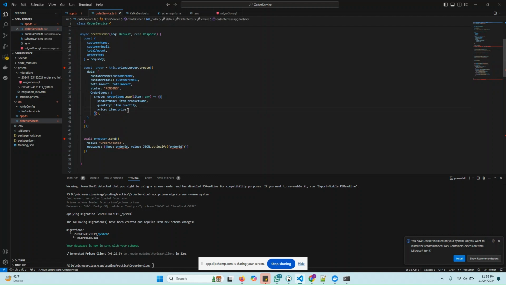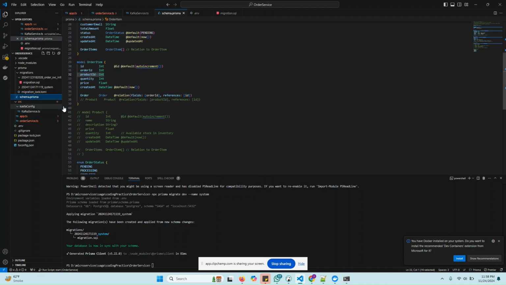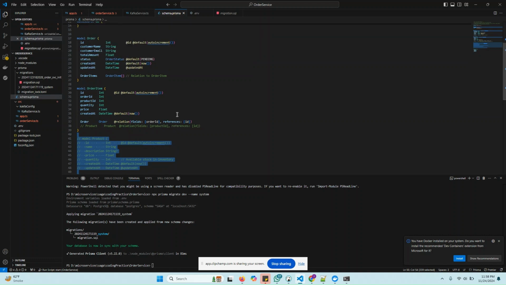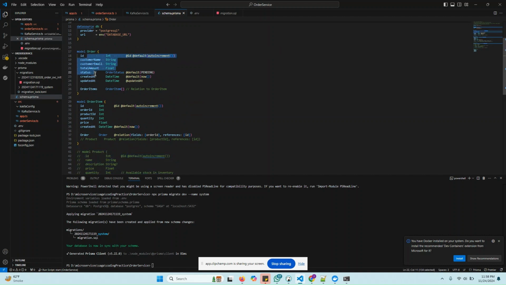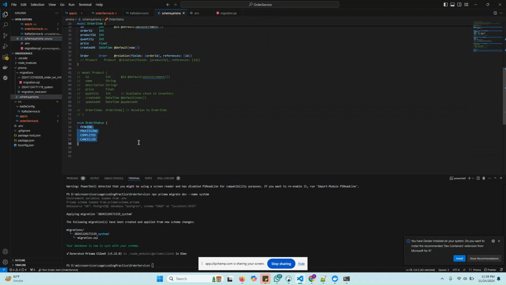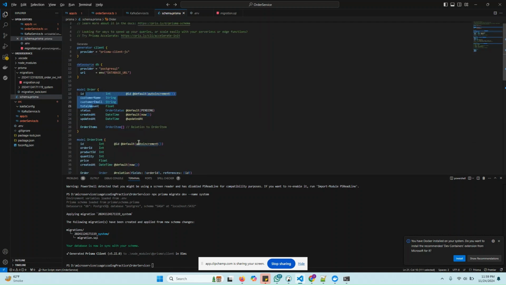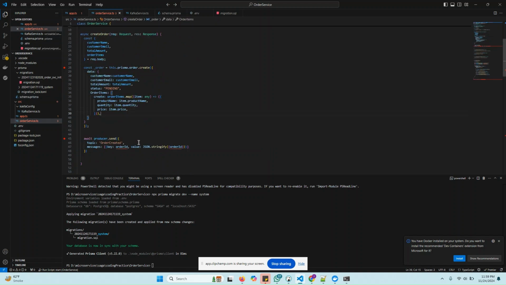And one more modification I have done in the code, we removed the product from here because we need that in our inventory service. So for this order service, we need three database objects. One is the order, other is the order item, and third is the order status. So let me go back to this code again and let's change this order dot id, and in the JSON we are going to pass the full order,